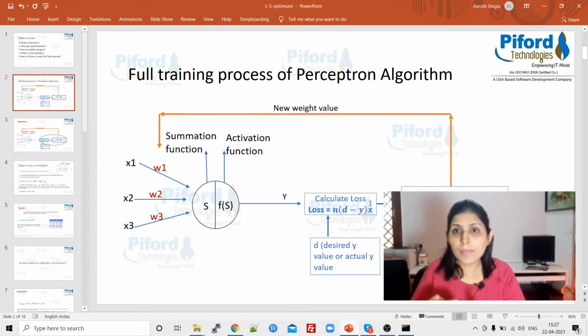We keep on updating the weights for several epochs. If you are not familiar with epochs, I'll tell you in today's class what an epoch is. Epoch simply means iterations. In more detail I'll tell you in a few minutes. So this is how we work.